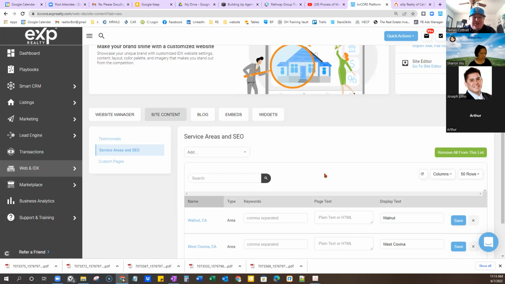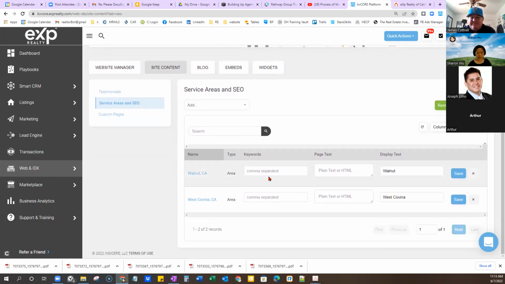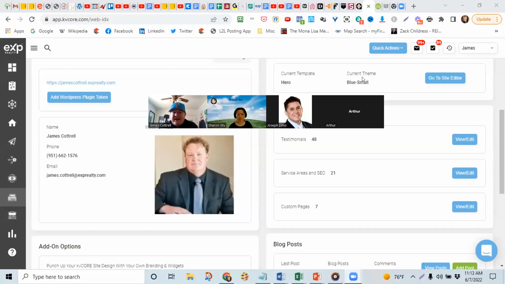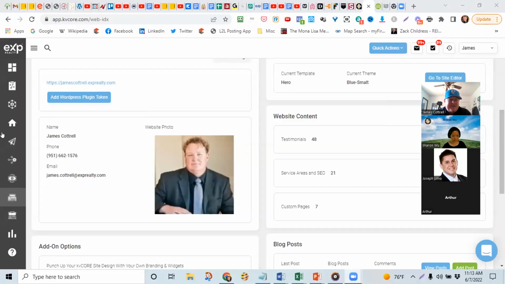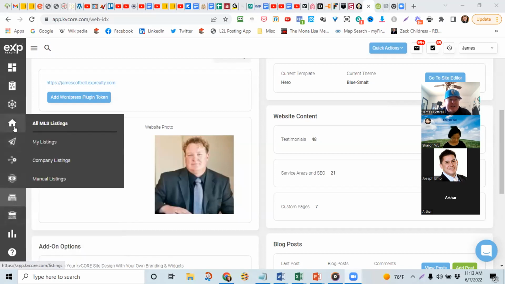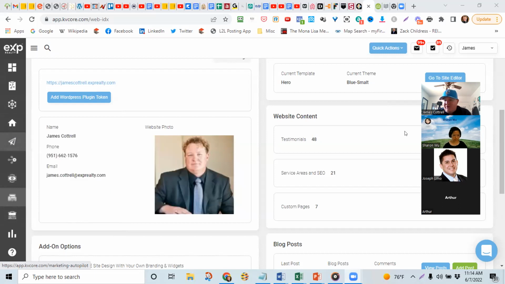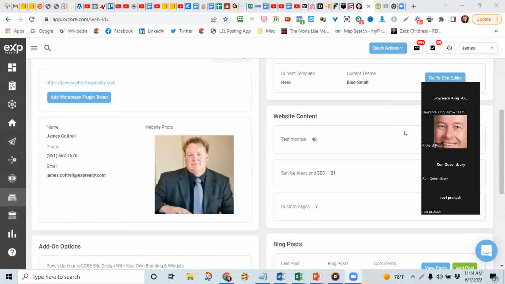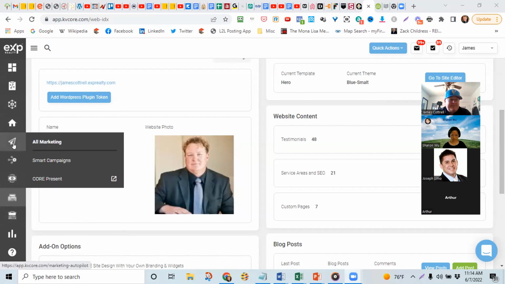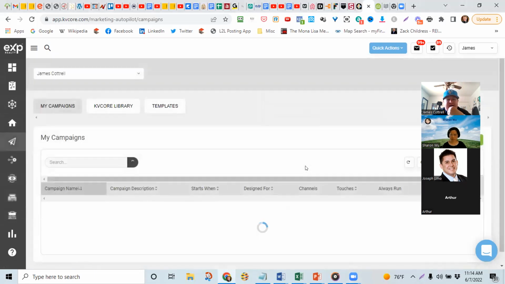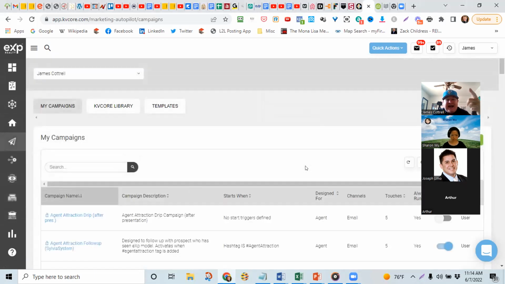So I wanted to go back and show, I'm going to share my screen again. I wanted to go back in and show what we started off with last week, and it indeed was a glitch in their updates, but there's an easy way. I think quite a few people weren't on here last week. Last week there was a glitch, but they made a huge update to the smart campaigns, which is awesome because it makes it far easier to create your own and to edit the campaigns that are in there.